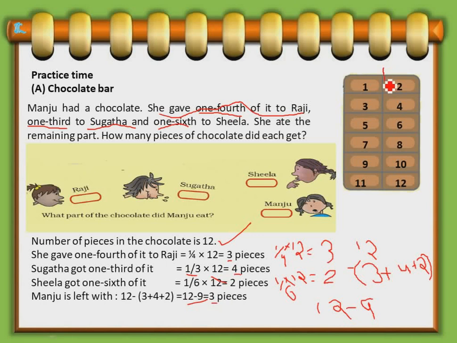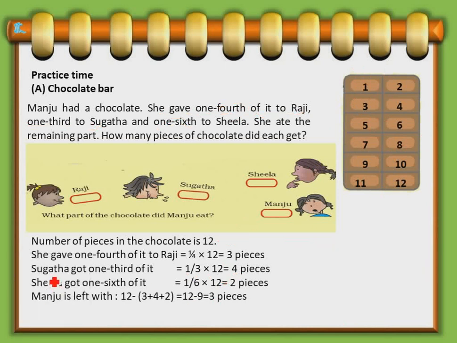When this whole chocolate is given, if we divide it, this is half. Yes or no? If we divide it like this, it is 1/4. Like this we can divide, then also we can do it. When we divide, we can see 1/4 part means how many pieces they will get? 1, 2, 3 pieces. All of you understood till here?